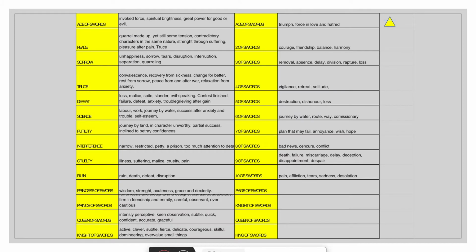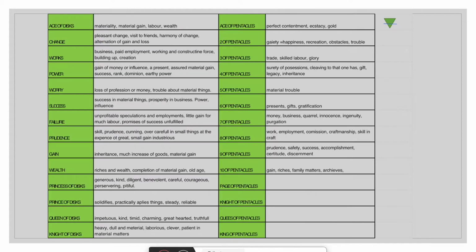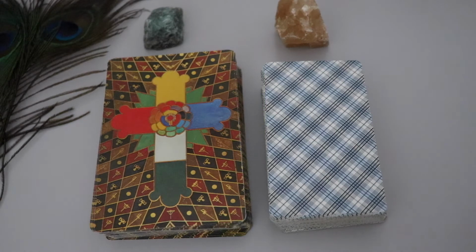But I'm here just to have a fair comparison using those as the baseline. So the point is not to give all meanings to each card, just to compare them on a superficial level.